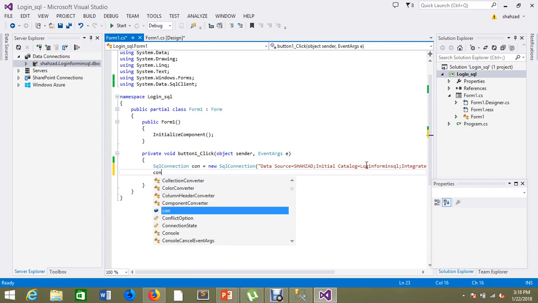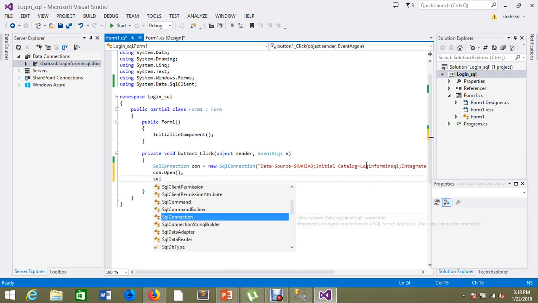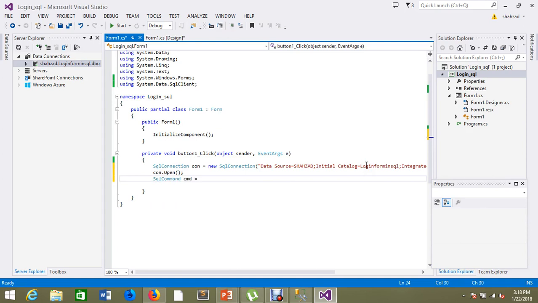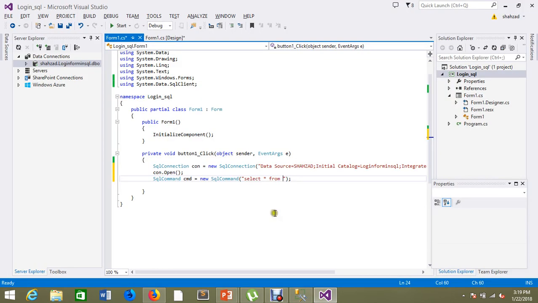And just click on connect.open. This is the method to open your connection, and then I just use SQL command equal to new SQL command. This command tells you your query according to the SQL. I just use select asterisk for all, select asterisk from my table name. My table name is login credential. So copy it and then paste it